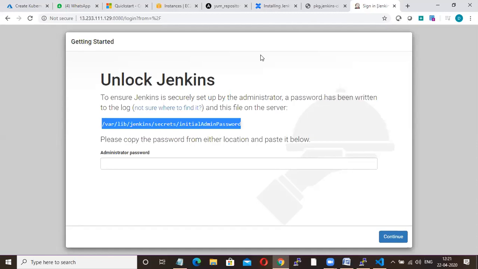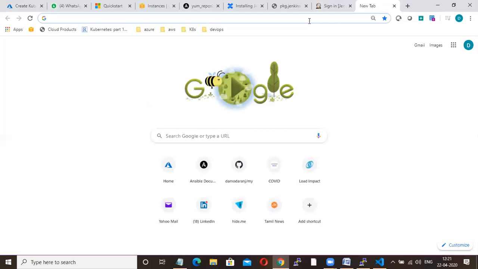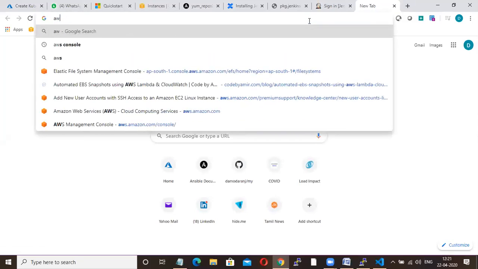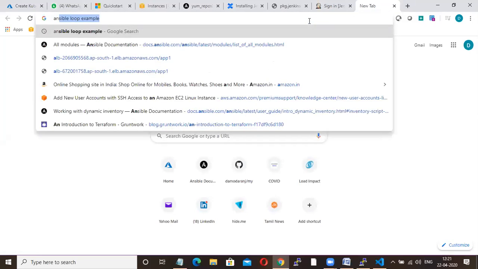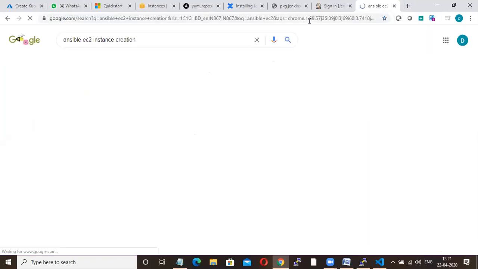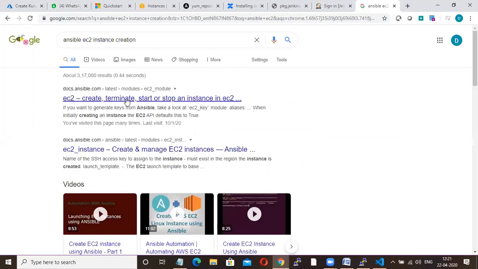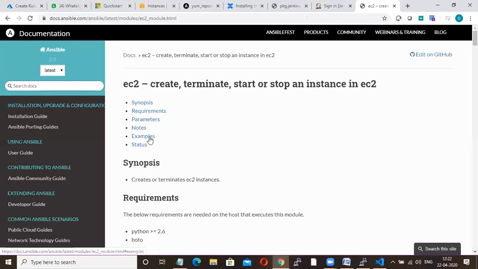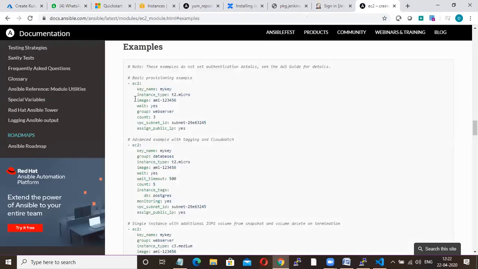See here, suppose I want to create one EC2 via Ansible, right? Just go to Ansible EC2 instance creation. If you go here to this docs.ansible.com, go to examples. Here they have given EC2 module, key name.